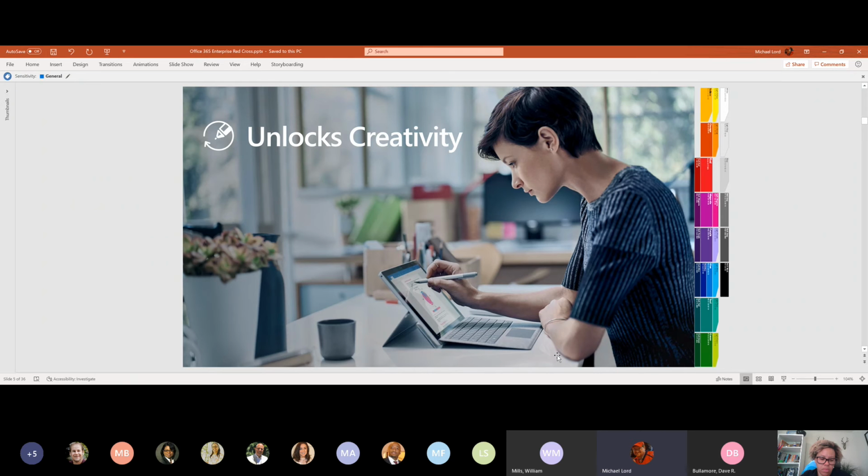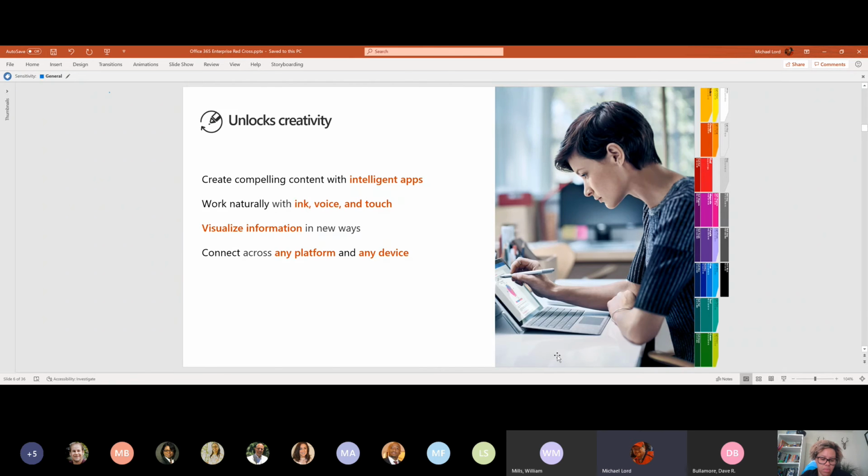So focusing on pillar 1, we talk about unlocking creativity. So you will see a lot of push in our tools in terms of intelligent apps, in terms of how we visualize information in new ways, how we more effectively accomplish tasks and get things done, and ultimately allow the flexibility within the user to get to the same endpoint in multiple paths, depending on what's most efficient for them, for their team, or their collaboration partners.